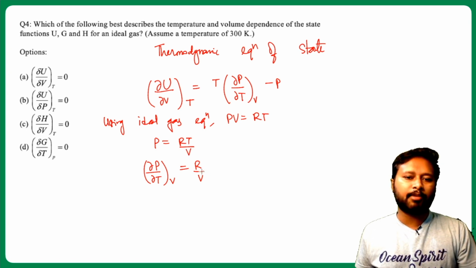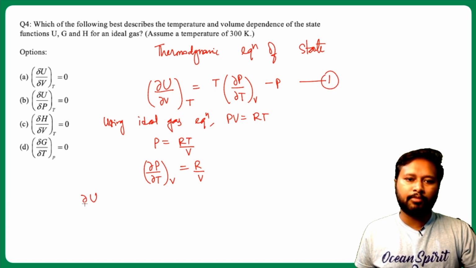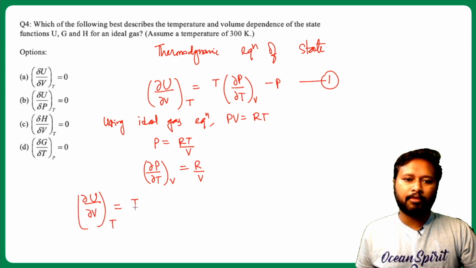So I'll only get R by V. I can substitute it over here. Let it be equation 1. So if I substitute it in 1, I'll get dU by dV at constant T. This is going to be equal to T, which is already here, and its value is basically R by V minus